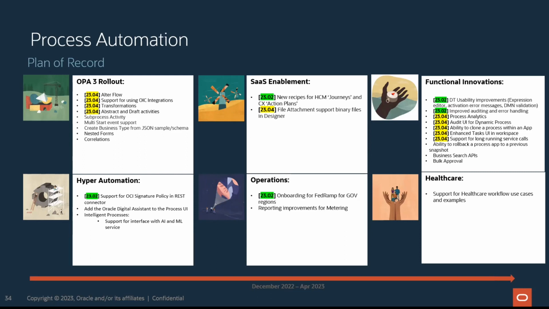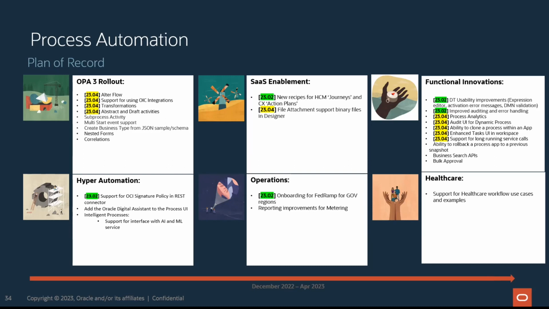And OPA makes it very easy for it to be called from HCM. In other words, when you're configuring your HCM journey in HCM itself, you can easily invoke OPA from that. Other things that are very interesting coming up here now with 2302, okay, just design time usability